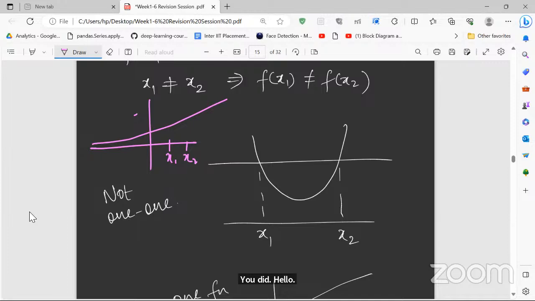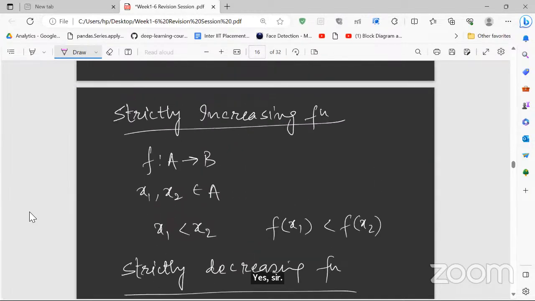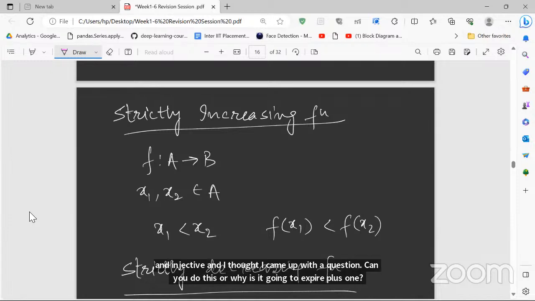Again, one more important thing is the composition of functions. Excuse me, sir, a second. Yeah, go ahead. Sir, I was looking at the practice assignments of the week, on 1-1, surjective and injective, and I came across a question: y equals x squared plus 1. The answer says that it's not injective nor surjective.